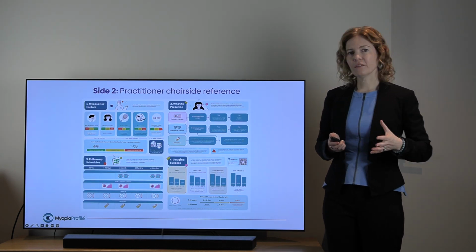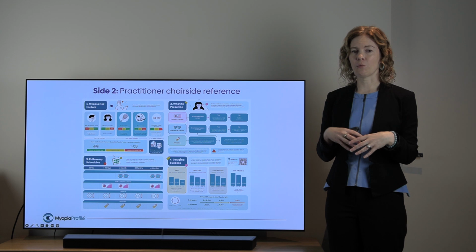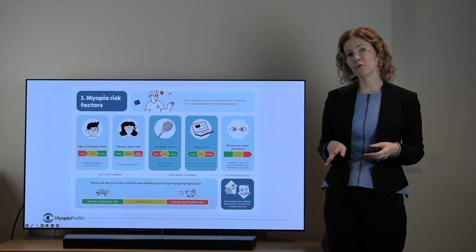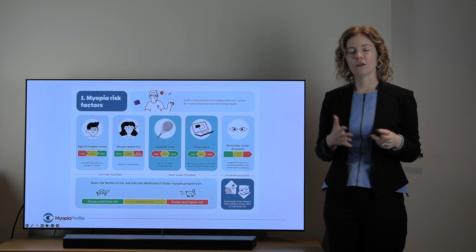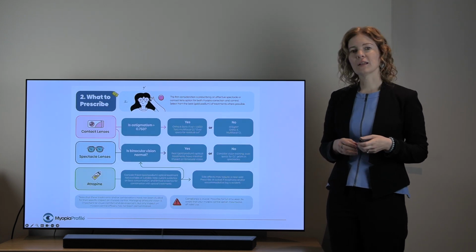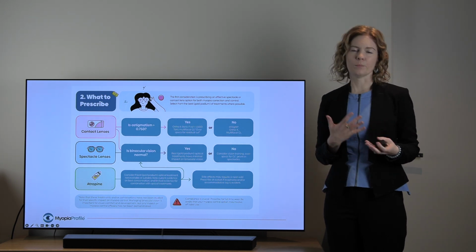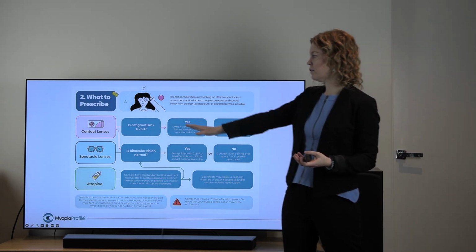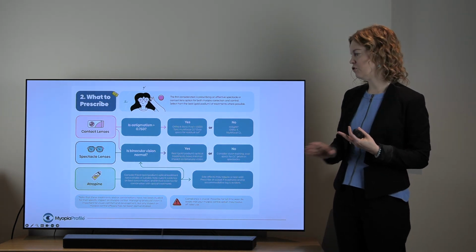Now, the practitioner chairside reference is not necessarily for patient communication, although you could use it that way. It's more designed as a reference for you. And what we have here is, again, 4 panels, the first being myopia risk factors, for you to understand how these all feed in together to increase the risk of a child's myopia onset or progression. Secondly, we have some prescribing decision trees. Essentially, your first question is spectacles or contact lenses, because a child with myopia needs either specs or contacts to see. And then there are some questions based on individual patient factors, such as astigmatism and binocular vision, and considering